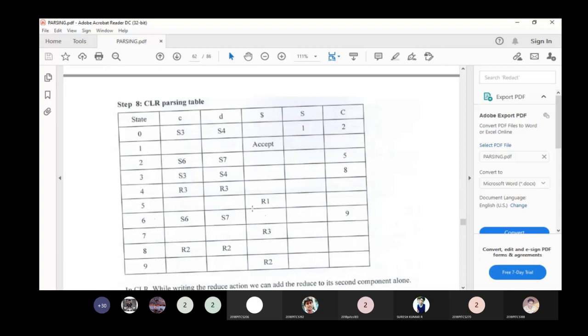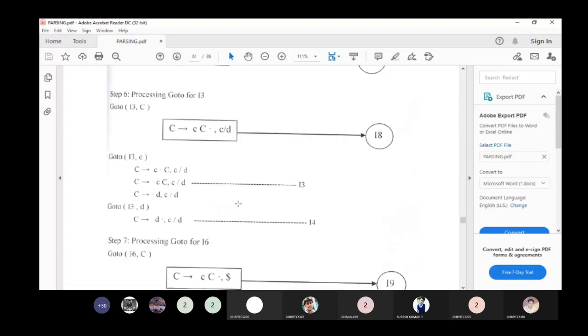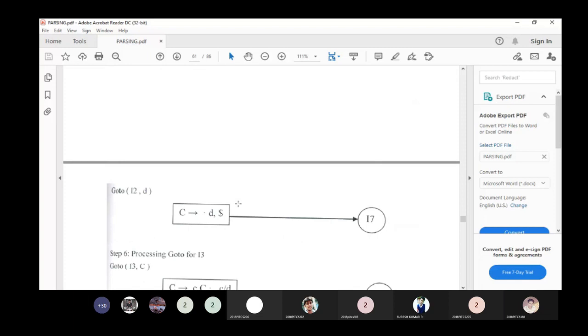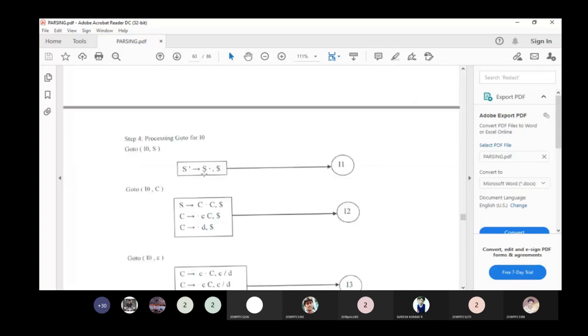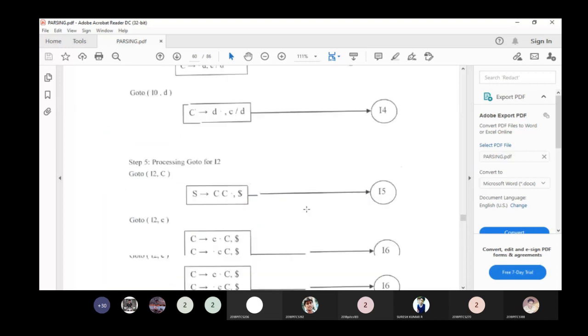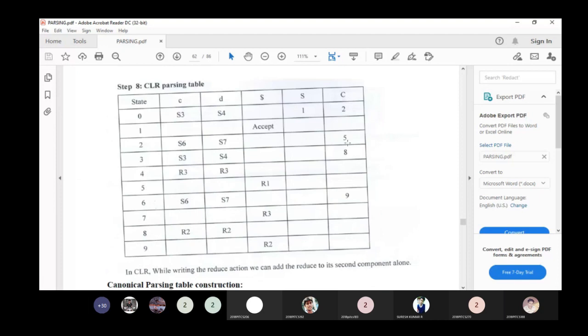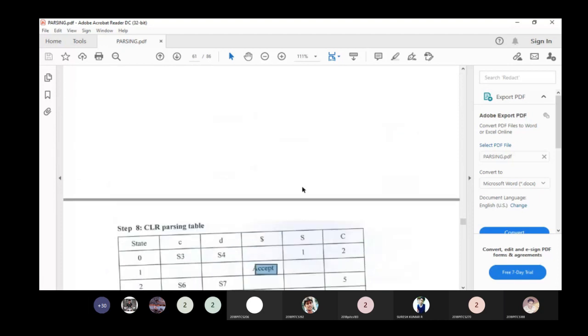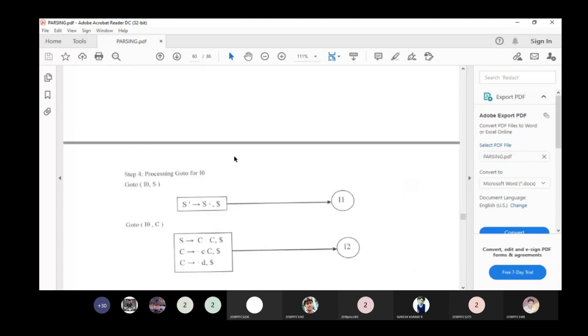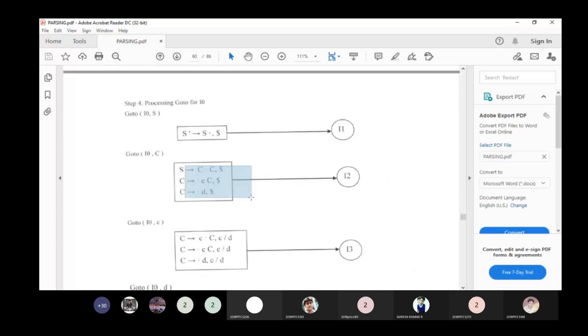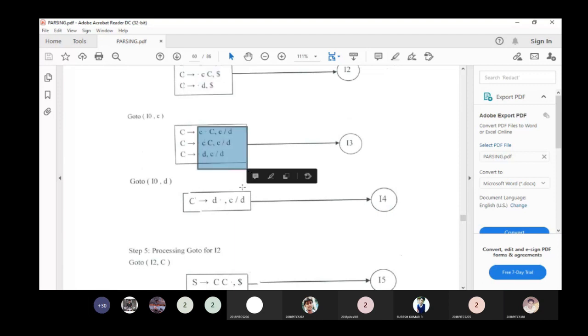Next you have to fill the reduce actions. So how do we fill the reduce action? It is in state I1: for 1 comma dollar, look ahead dollar, you put accept. You see the table: here 1 and dollar, you just fill accept. Next, for the remaining states, wherever the dot is at the end, you see here no dot at the end, here also no dot at the end, and here you reach the dot at the end.